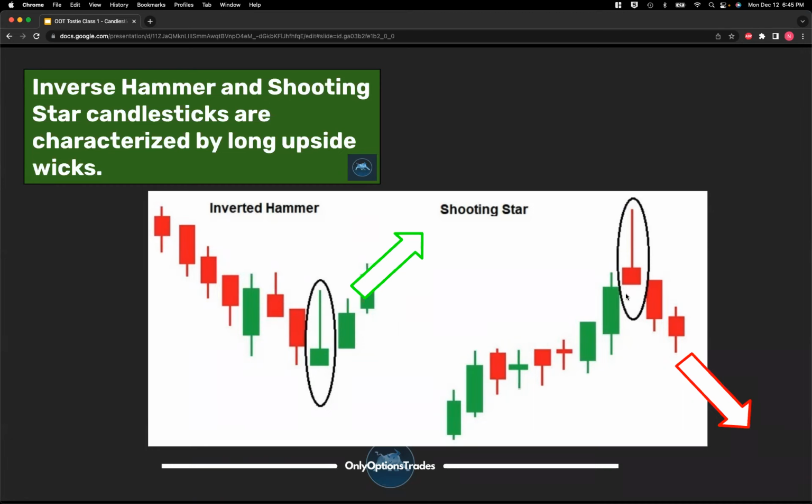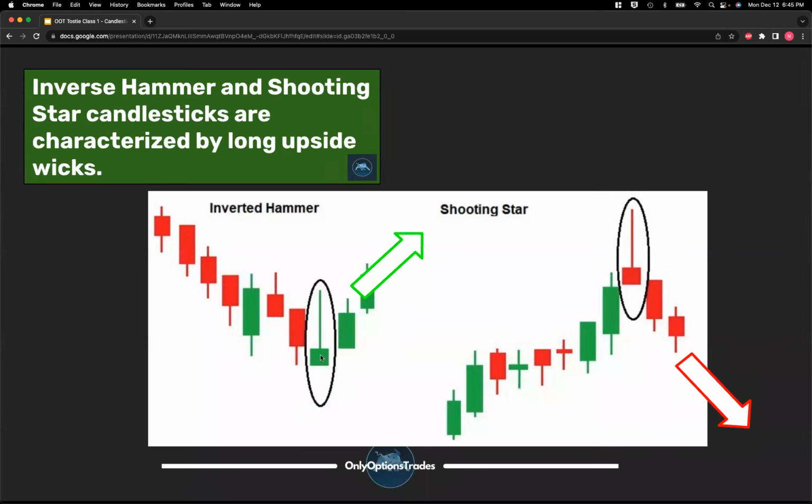Yeah, so I agree with most of your answers there. I definitely agree that the shooting star is a lot more significant. Sellers continued to push the price down here with this incredibly large upside wick. Remember, the price was trading all the way up here at one point. This was looking like a really bullish candle, but the sellers took over and closed the candle all the way at its low and generated this large upside wick. Whereas this inverted hammer